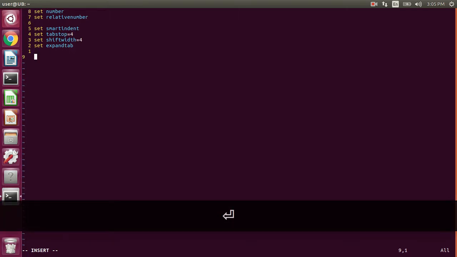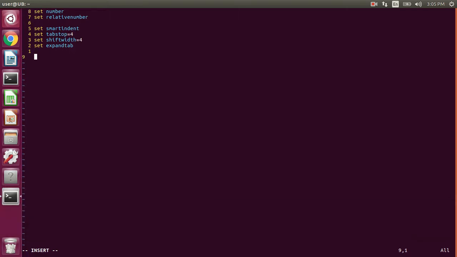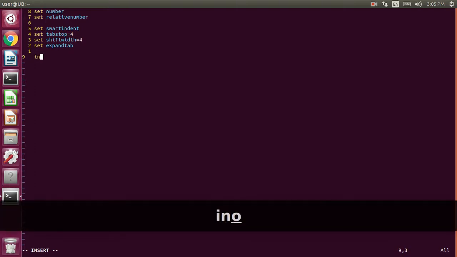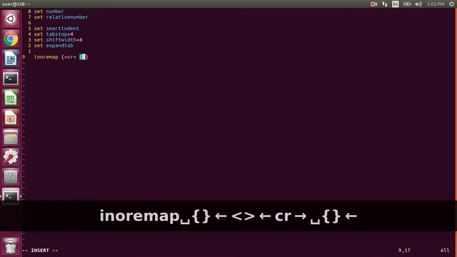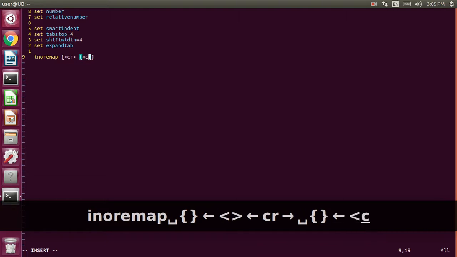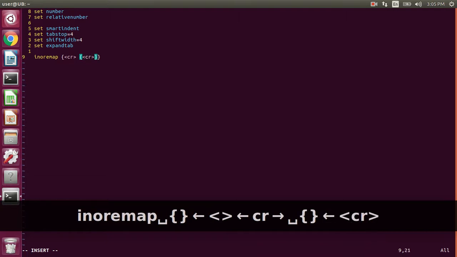Then we are also going to add these settings called inoremaps. Now, I don't personally know very much about what they are, but I believe it is to allow Vim to automatically set the curly braces and the spacing correctly. You can look these up. I haven't really looked them up just because I know that they do work. If you look this up on Stack Overflow, you'll get a correct answer about it. But we're just going to type it out here just because I know that this makes the tabbing correct. So then we're going to do CR again, and then we're going to do